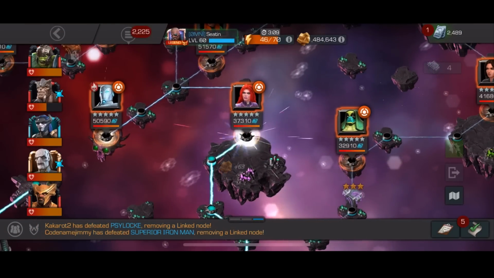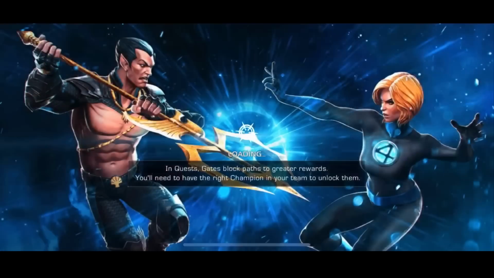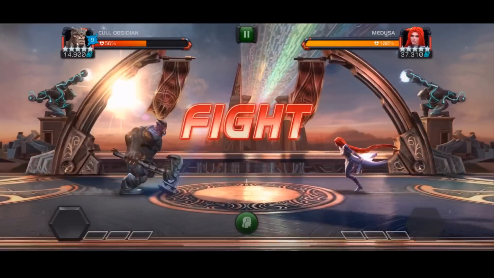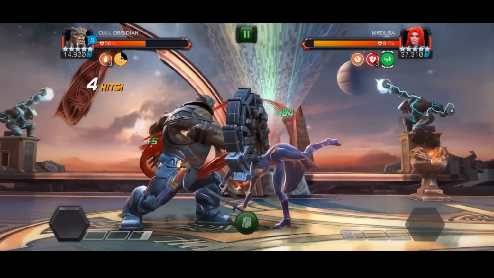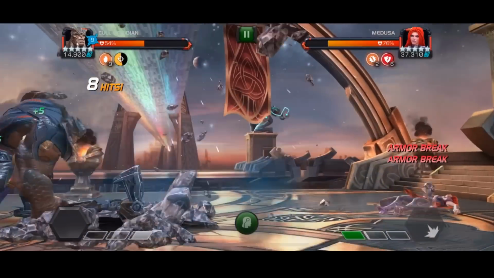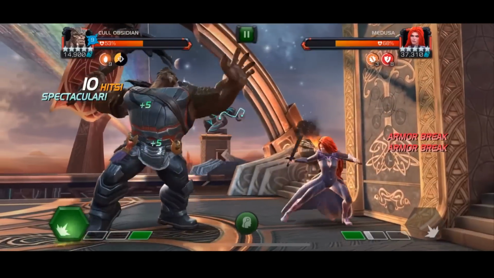Sinister matchup. Another fantastic matchup for Cull Obsidian is in the Medusa matchup, and this is for 2 reasons primarily. The first one is that Cull Obsidian, when he has Thanos' favor or Route active, completely ignores the auto block mechanic. But also, even if you do run out of Thanos' favor or the Route and it's on cooldown, or you don't have the special 3 to get Thanos' favor again, what you can do is